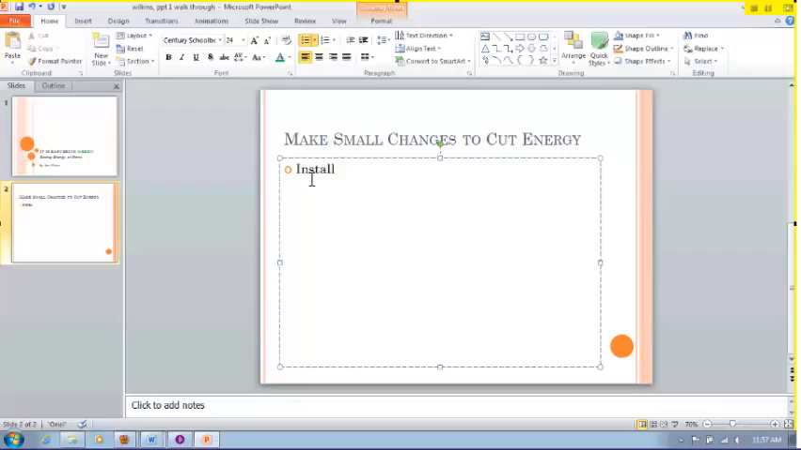So go ahead and click on that. You'll see that it's faint right now. As we begin to type, it gets darker. If you didn't want bullets, you could delete it. However, you want to keep with bullets because it keeps your presentation organized. And I talked about last time how you want to follow the 7x7 rule. It still applies here. So we're going to go ahead and type in install low flow faucets and shower heads,